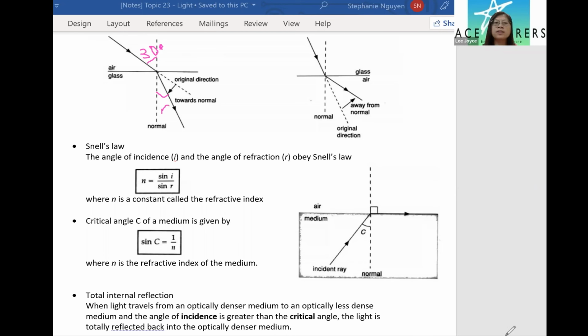Now, the refractive index values will always be given in a question, so you do not have to memorize. For glass, the refractive index ranges from 1.51 to 1.54. So you go according to what the question has given to you, then you do the calculation of